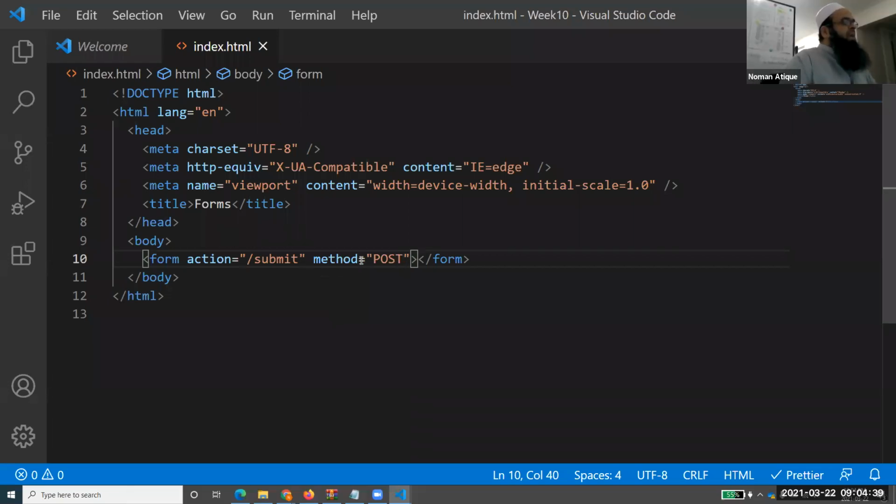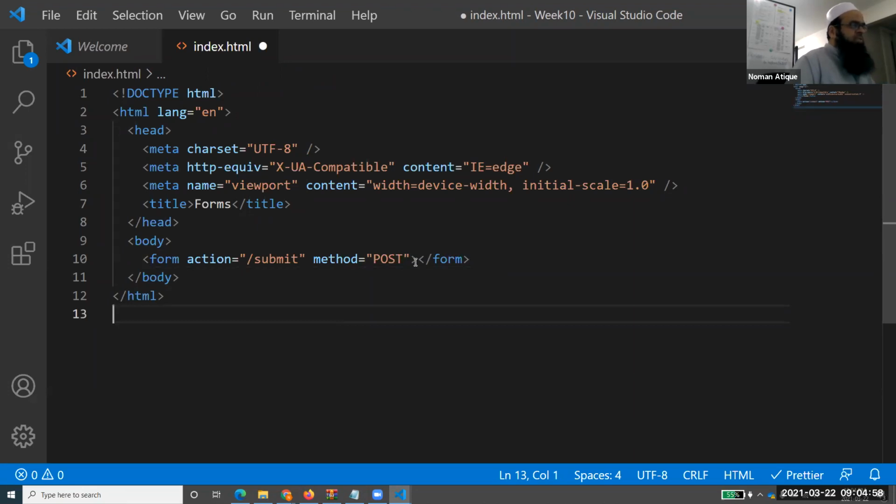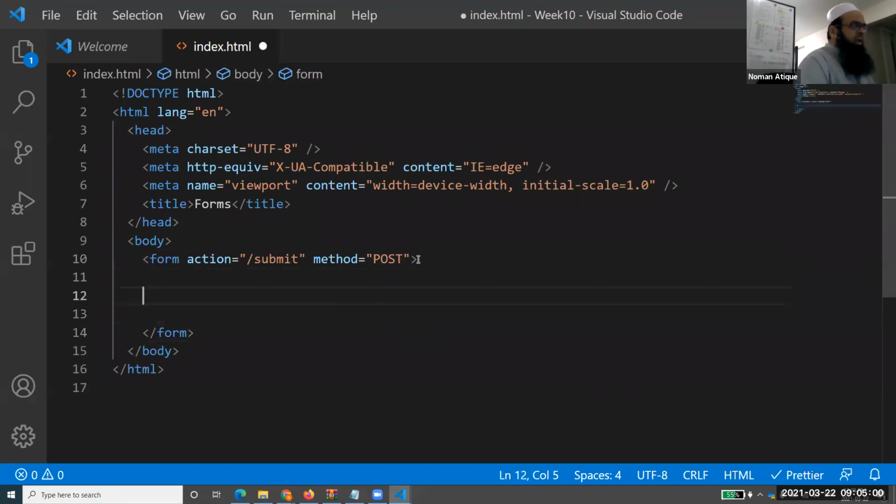Now what is this? The get method, as I said: when we use the get method, the data goes as part of the URL. I'll show both of these things to you today. And if I use the post method, data does not go as part of our URL, rather it goes as part of our body. So let me write that in comments so that you have a good idea of it.